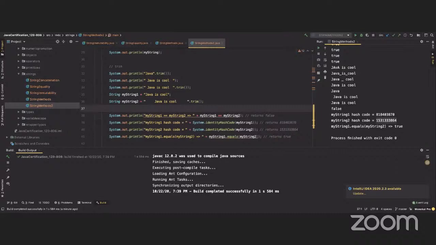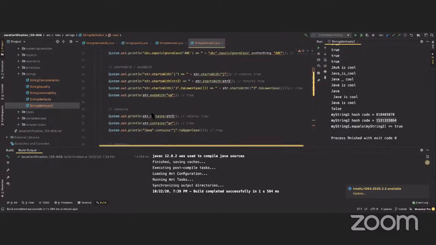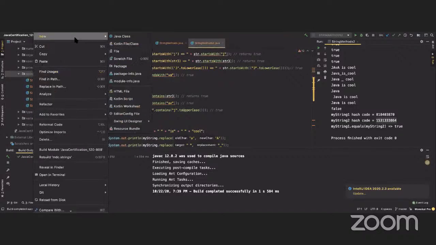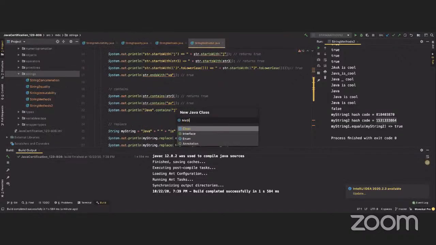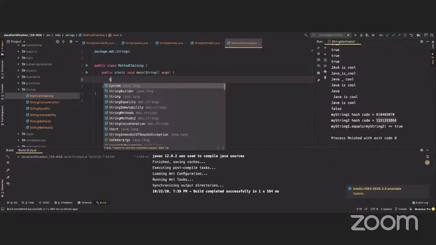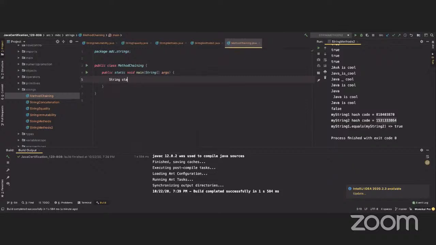Let's talk about method chaining. Method chaining is another thing that's very popular in Java, and it may be on your exam. Method chaining is when you use several methods one after the other. So now I can say PSVM, and I can say string start, and I can say spaces, so Java with spaces, and then